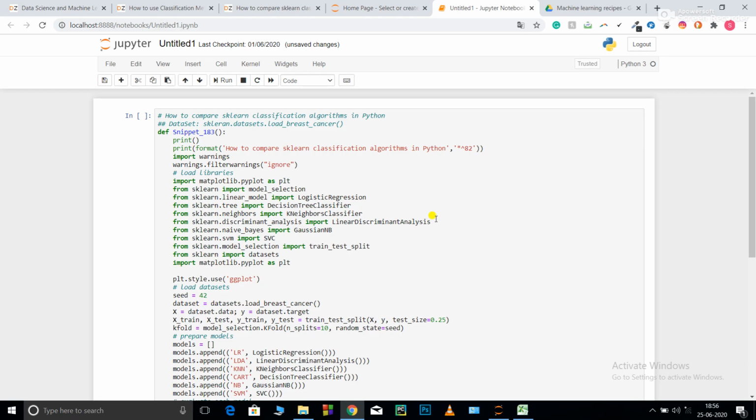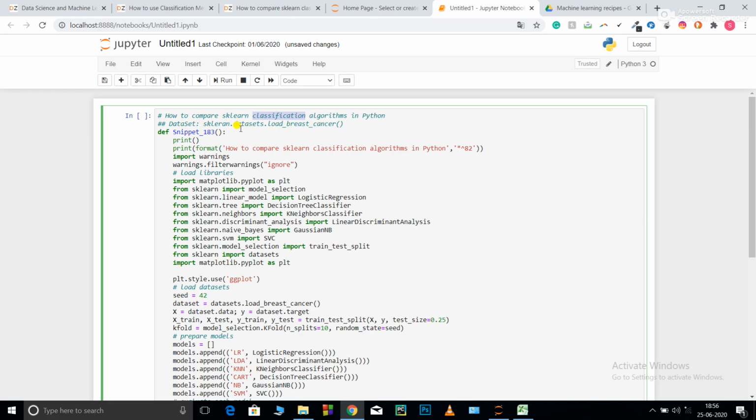So how does it help? The first thing is it makes your code look clean and you can easily understand your code if you go back to it again. The second thing is it reduces the time spent writing code again and again. The third is it helps you pick the best model, and after that you can proceed to hyperparameter tuning. Now in this video we are going for a classification problem.